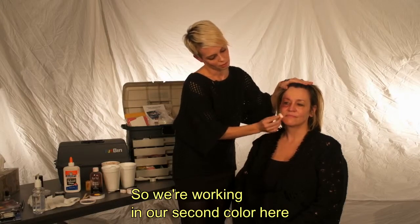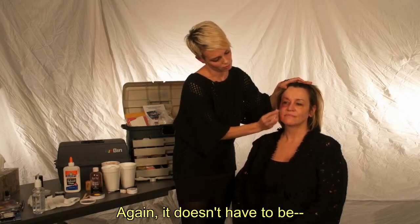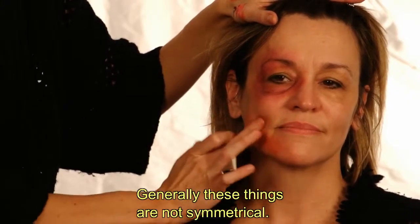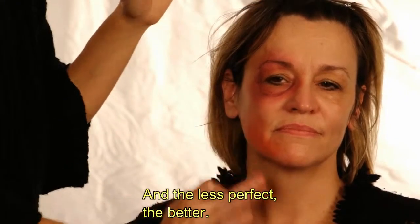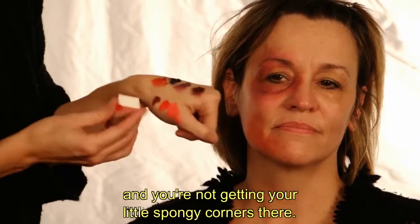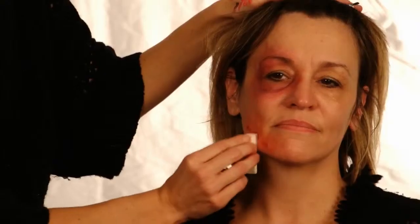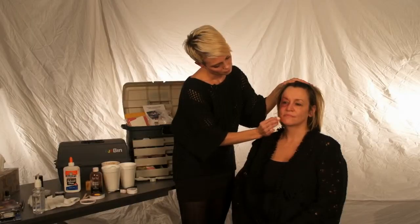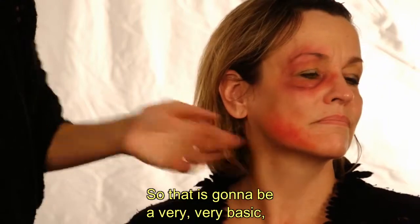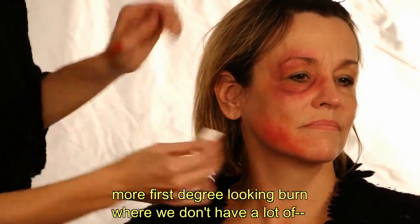So we're working in our second color here, and that's going to be more towards the middle. Again, it doesn't have to be symmetrical. Generally these things are not symmetrical, and the less perfect, the better. You just want to make sure that they're blended and you're not getting your little spongy corners there. And our real dark right in here. So that is going to be a very, very basic, more first degree looking burn where we don't have a lot of